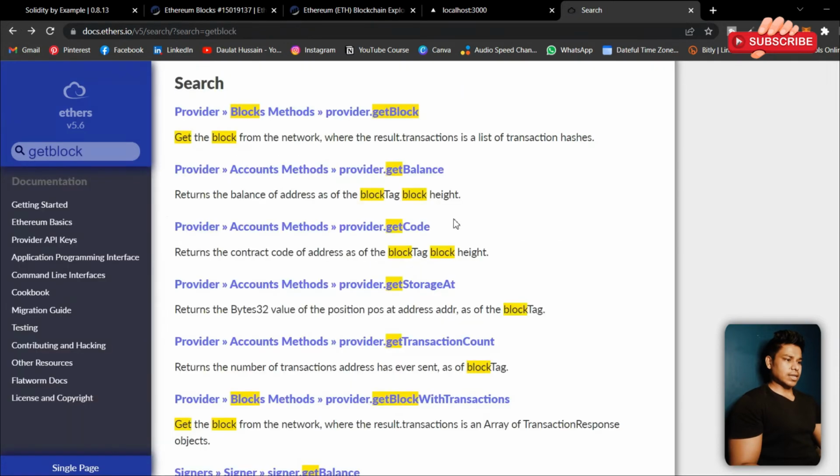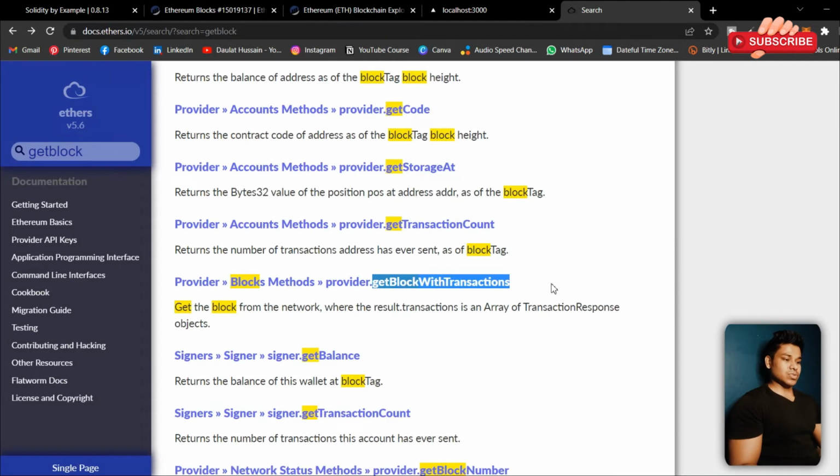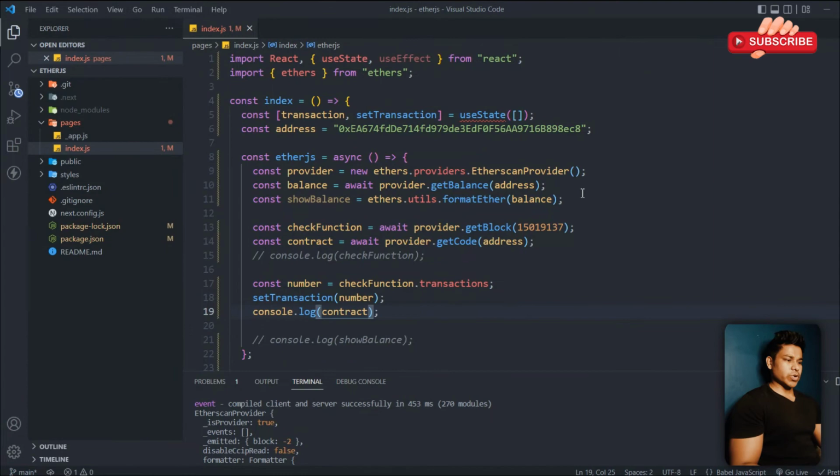Okay, and here getCode, getStorage, and if you want to get the transaction count, these are going to be the same. If I cover each one of these, it's going to take a long time, and this video will get very long. So if I simply copy this one, let me show you what it is, and if I simply paste here,